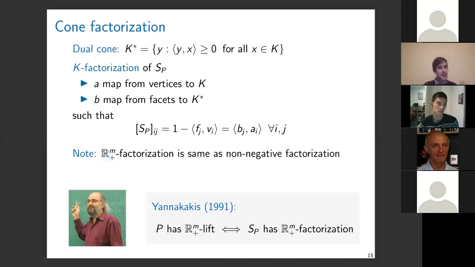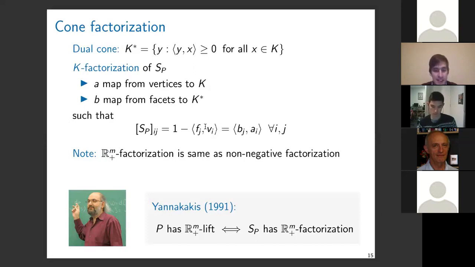And because the non-negative orthant is self-dual, what I'm really saying in this equation is that the slack matrix has a non-negative factorization. So I can factor it as the product of two matrices, one coming from the entries of A, one from the B's. We'll see an example on the next slide, where all of the entries of those matrices are entry-wise non-negative. And what Yannakakis showed, in the early 90s, is that